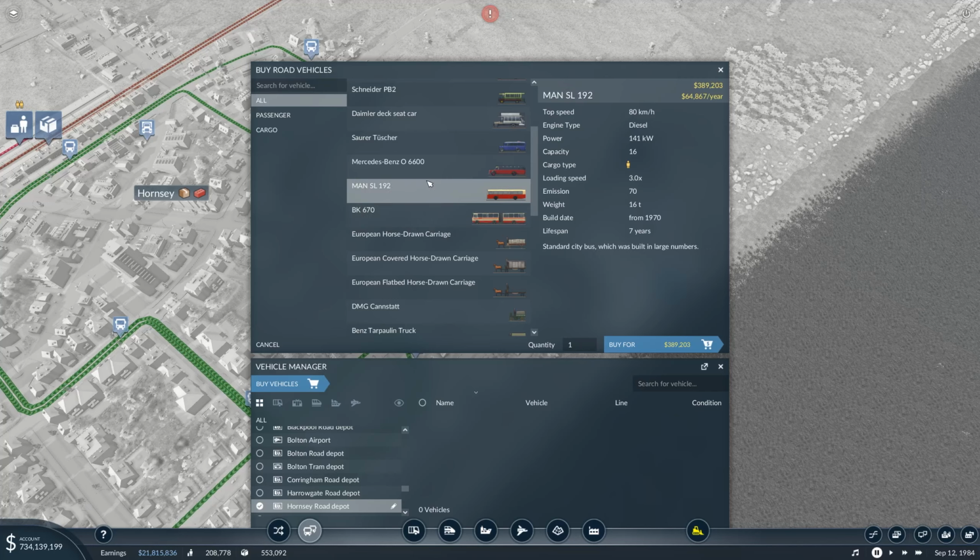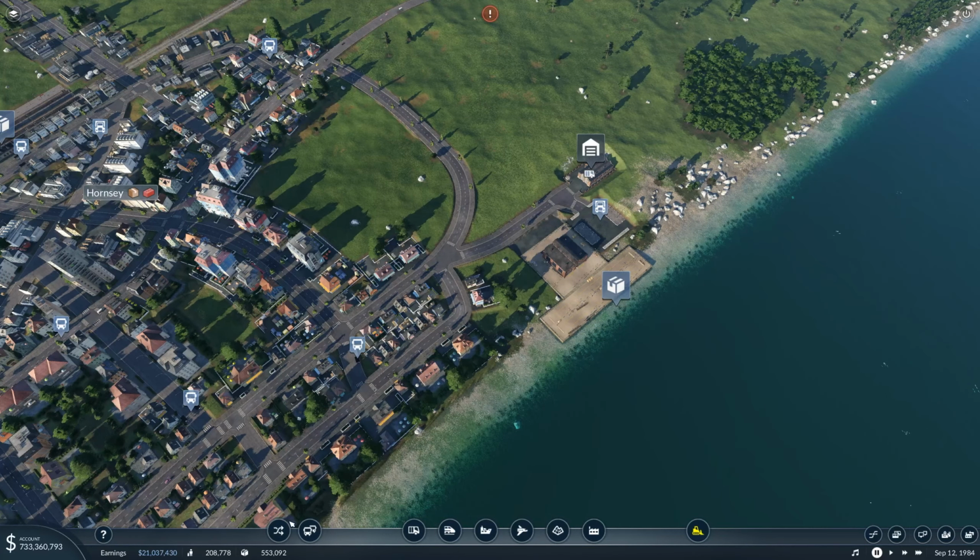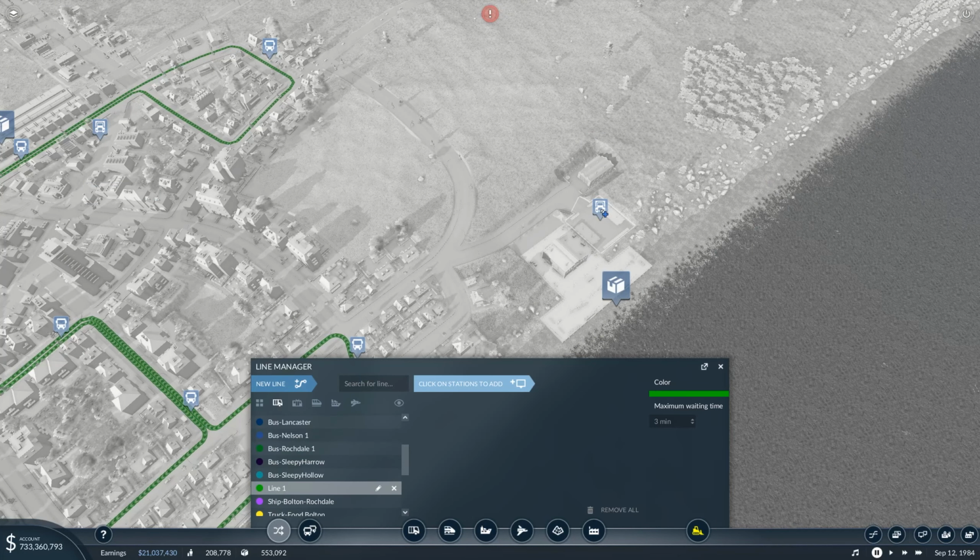I'm going with the standard bus here, the MAN SL192, which was built in large numbers, standard city bus. Sounds good to me. Let's have 2 of them. And this is going to be in bus Hornsey. There we have it. And then we still need a second bus line, or truck line in this regard,